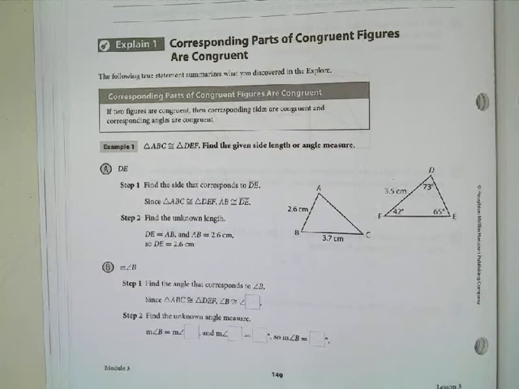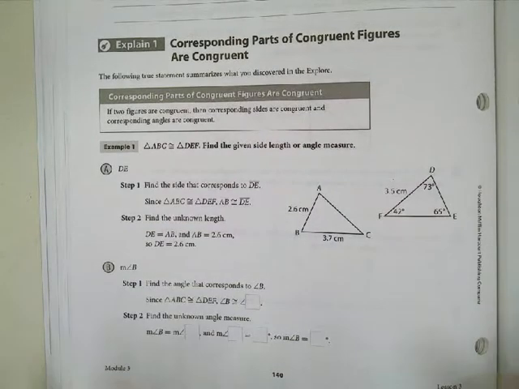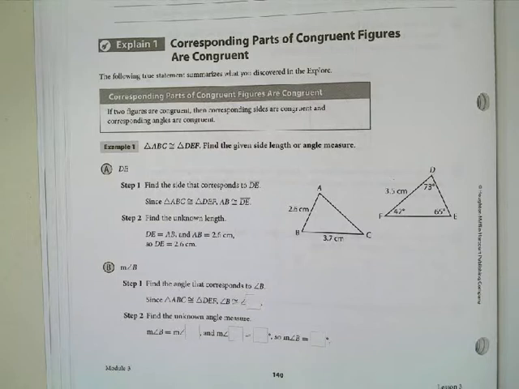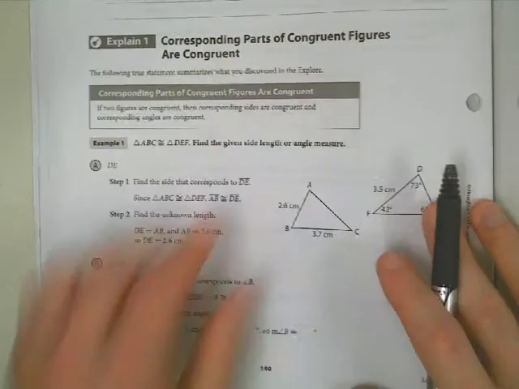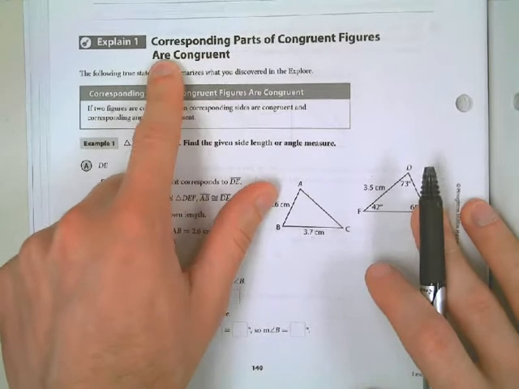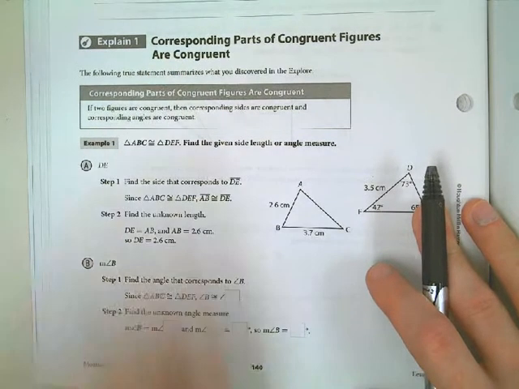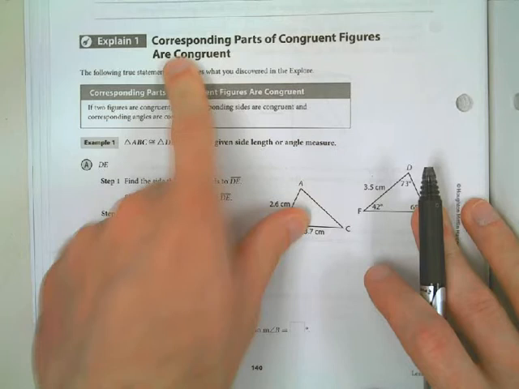Okay, so this first section we're going to breeze through real quick because it's very straightforward. I think you guys shouldn't have too much trouble here. So we're going to look at this Explain 1 here, again on page 140, and it says corresponding parts of